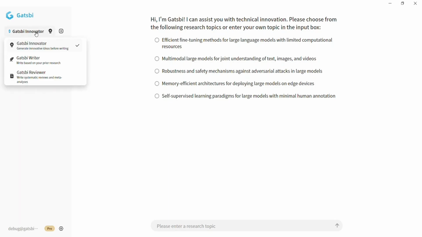There are three powerful agents in Gatsbi. Gatsbi Innovator is built for the early stages of research, when you're still exploring innovative ideas. Gatsbi Writer helps you turn your prior research into a complete paper, while Gatsbi Reviewer is designed for systematic literature